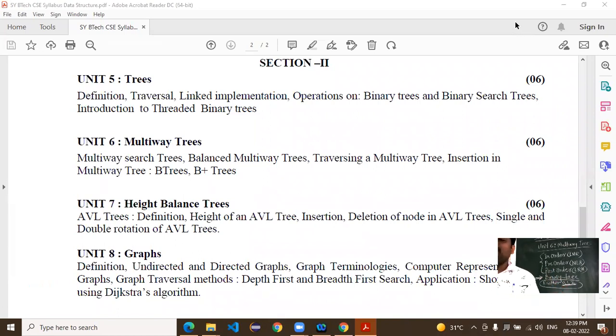Now after that, the binary search tree. What did we discuss in the binary search tree? One parent root.